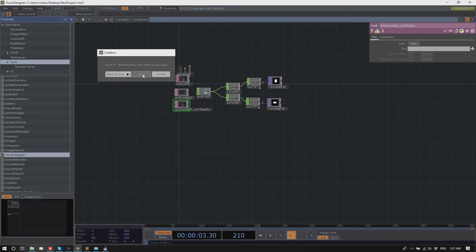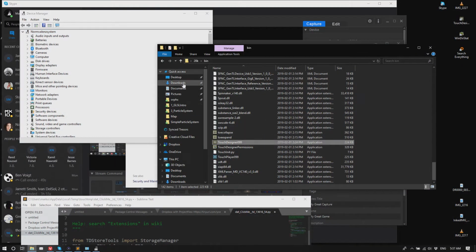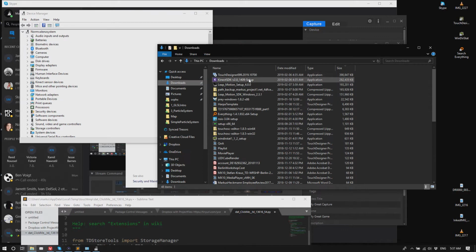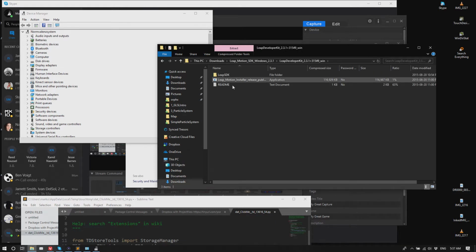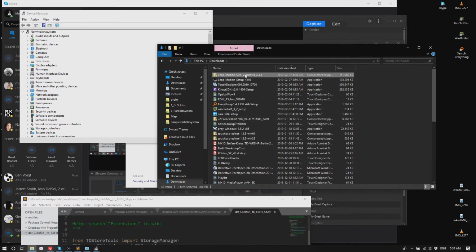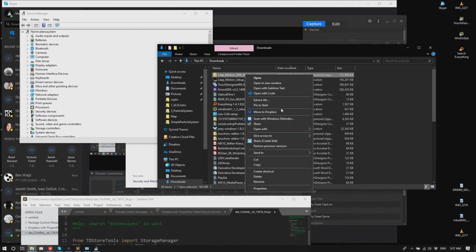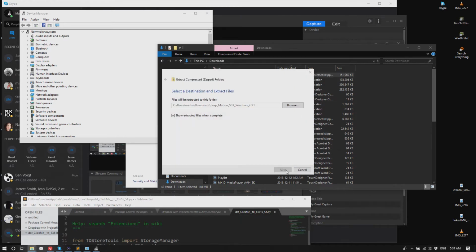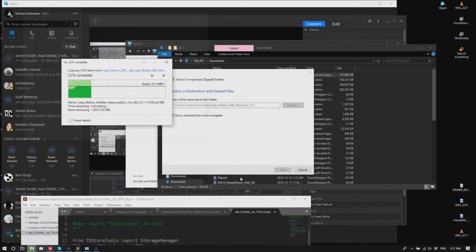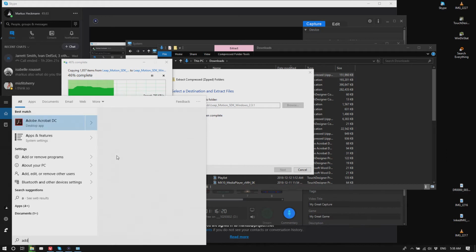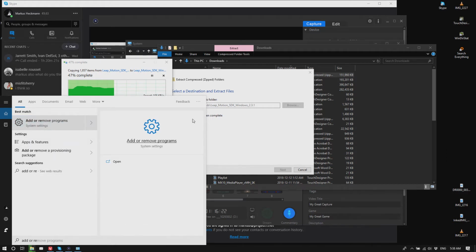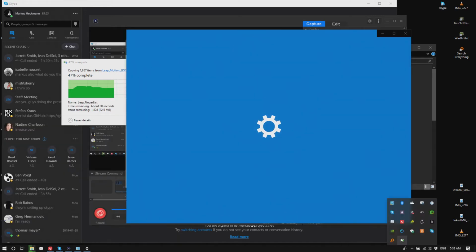I will just close Touch here for a second and bring up the installer, and install the Leap Motion 2 SDK. Extract. And remove the 4 SDK.